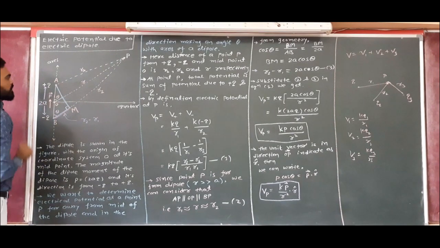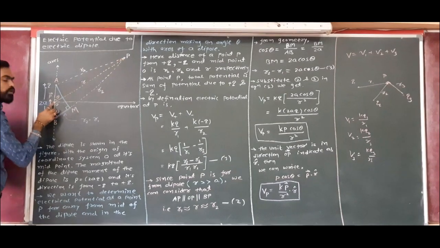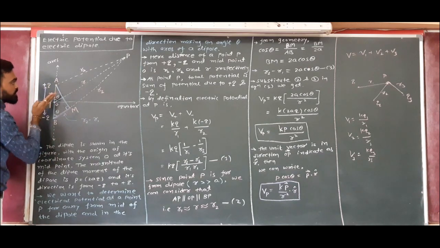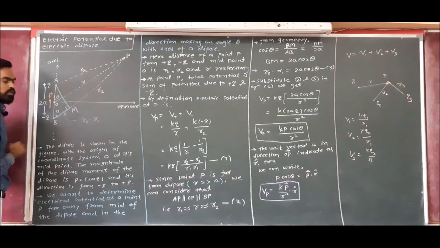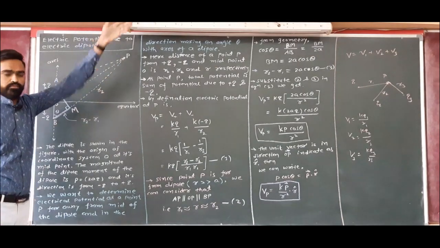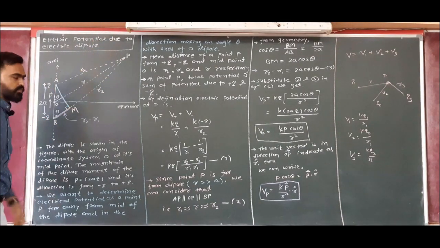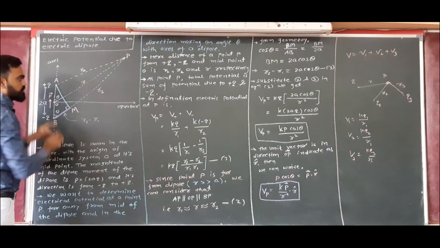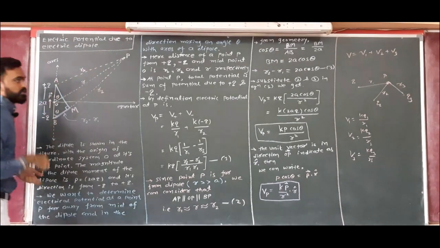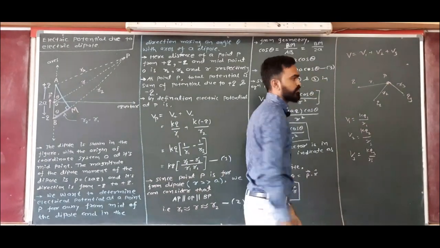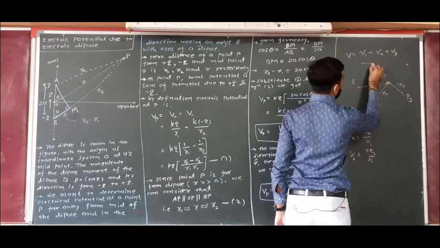Let the distance of P from the midpoint O be R, and the angle theta with the dipole. If this point P is too far from the dipole, at a large distance, can we consider these three lines to be parallel to each other? Yes. These three lines can be parallel to each other at a larger distance. For example, this is the point P, the point of interest, and here there are two lines I draw.